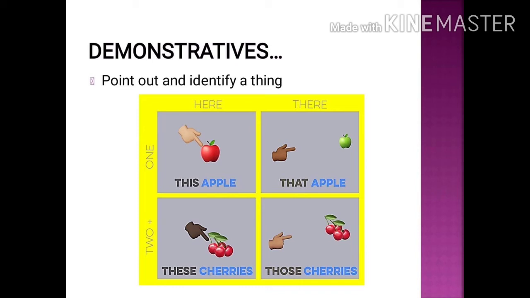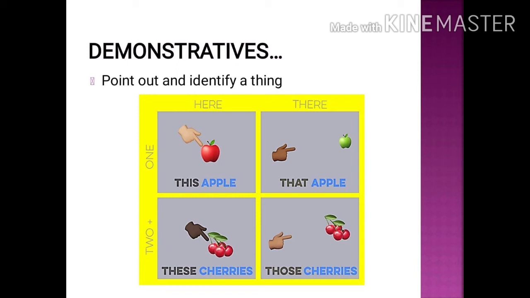Demonstrative pronouns are used instead of nouns. Now look at this. There are 4 demonstratives. This, that, these, those. This and that are used to denote singularity. These and those are used to denote plurality. This is used when you are pointing out at something closer. That is used when you are pointing out at something which is far. These is used to point out plural things which are closer.